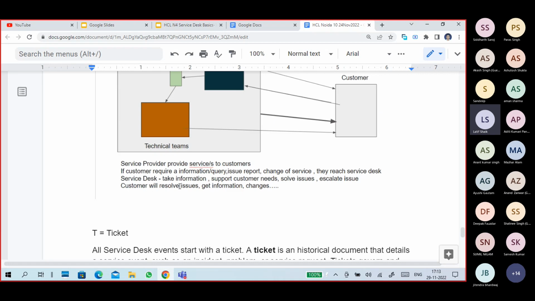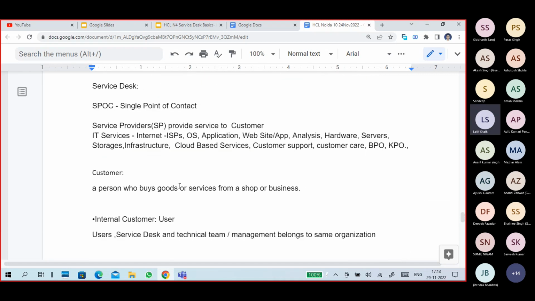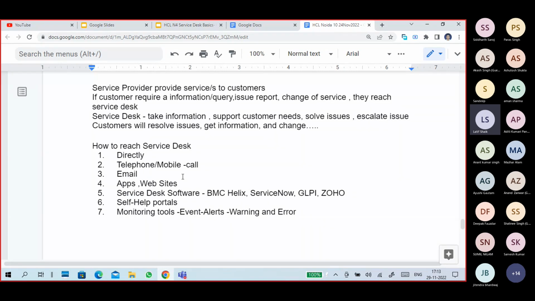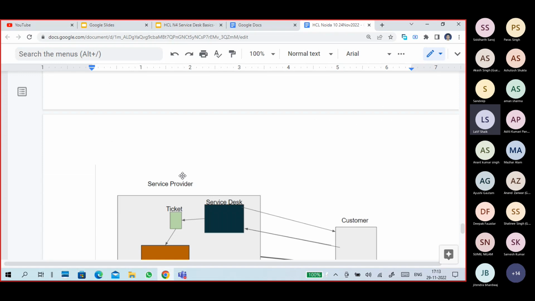So what are the things we discussed so far, guys? Basically, I started with what is service desk, but I didn't tell what is service desk. I told about the service provider and the customer, different types of services from different service providers, different types of customers, and how to approach the customers, meaning how to approach the service desk. So that is how an issue is reported to the service desk.